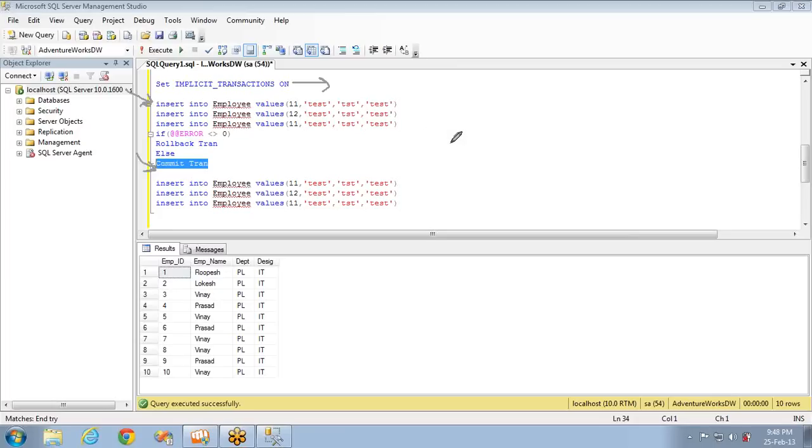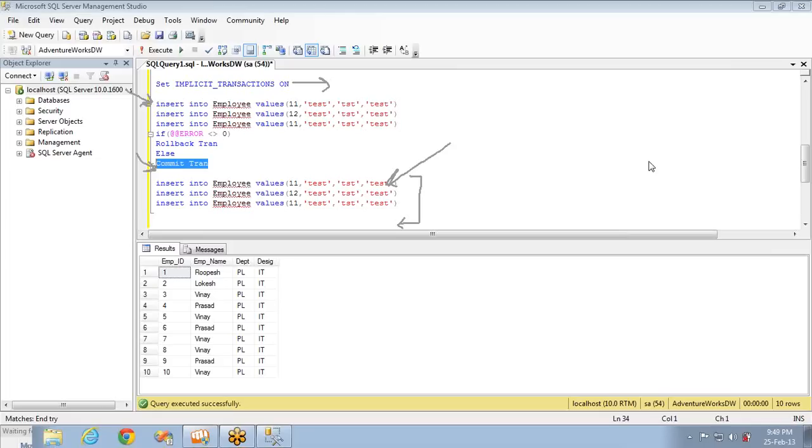After that, any select statement or any T-SQL statement will be treated as the starting point, and it will go until it finds either commit transaction or rollback transaction. So this is how implicit transactions work. The advantage is nothing much here; you just don't need to write one statement. But the disadvantage is that this is pretty confusing compared to explicit transactions.